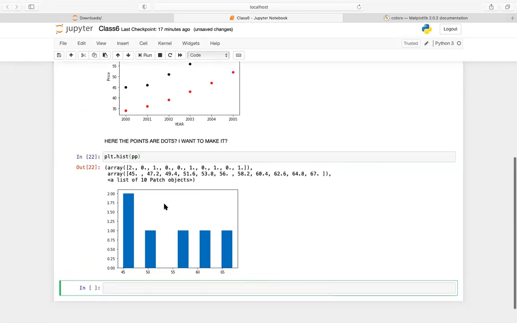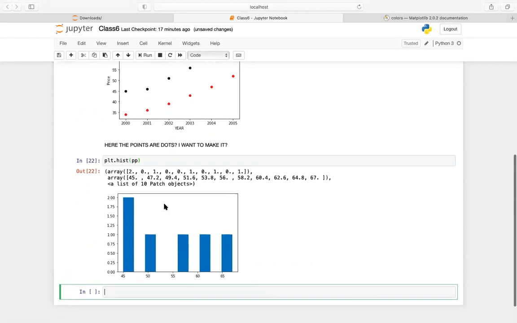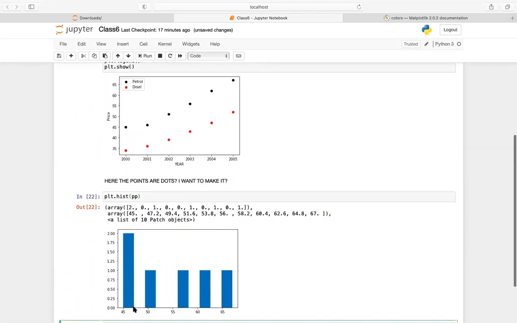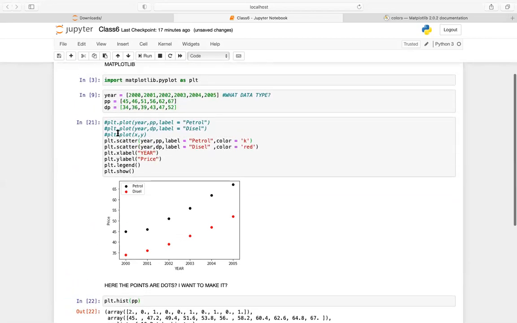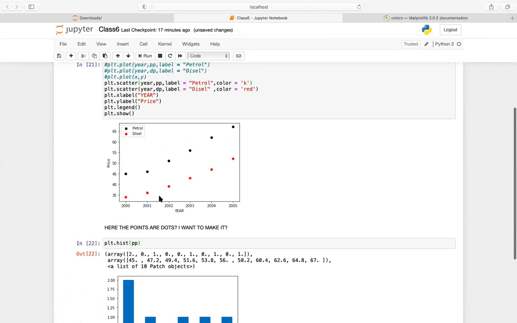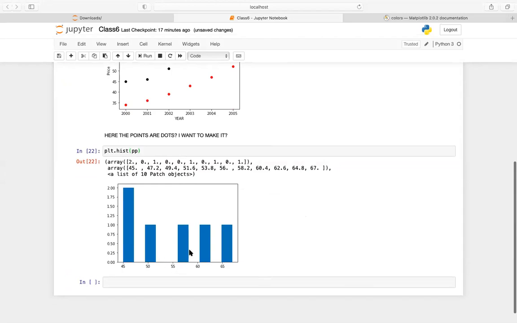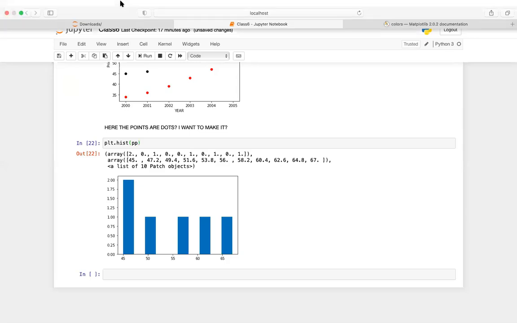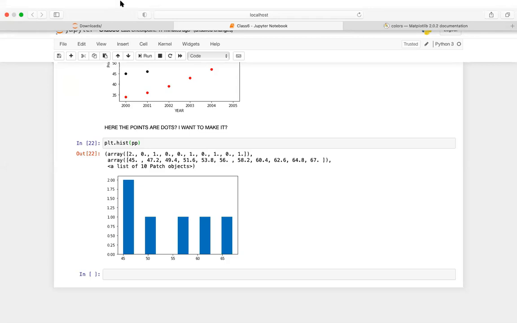In this case, the histogram is not very well visible because my data is very small. I just wanted to show you. Between 45 and 46, there are only 2 data points. In 50 to 55, there is only 1 data point, and in 55 to 56 there is 1 data point. So this is just a rough histogram. If I want to make a good histogram, let's say a histogram with different bins or something like that, then what should I do? Just give me a second.